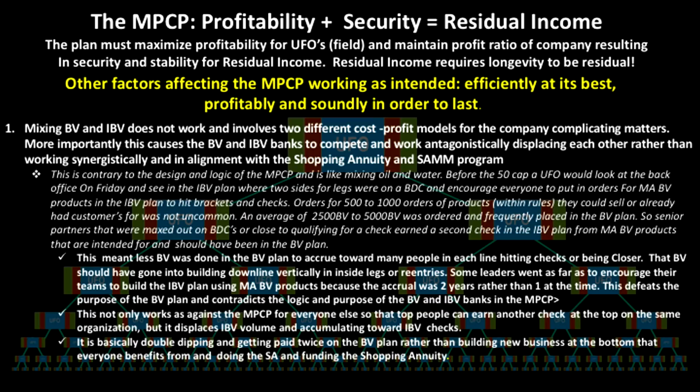Another very important factor to understand is the BV-IBV cap is there for a reason on a UFO BV, BDC, and it's a very important tenet of the binary binomial plan. It's designed to require additional volume over the threshold, top level of accumulation, and the scale that we go up. So when it's reached at the end of a cycle, the additional volume isn't really overflow. It inures to the benefit of the other UFOs in the two legs so that they qualify rather than just the top guy making all the money and getting all the volume.